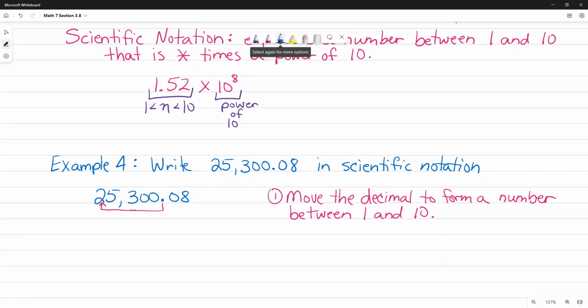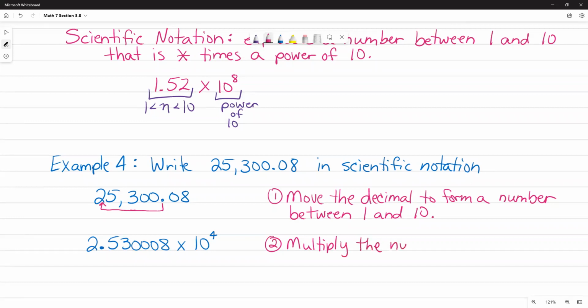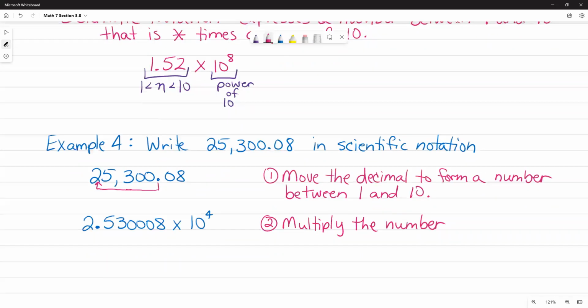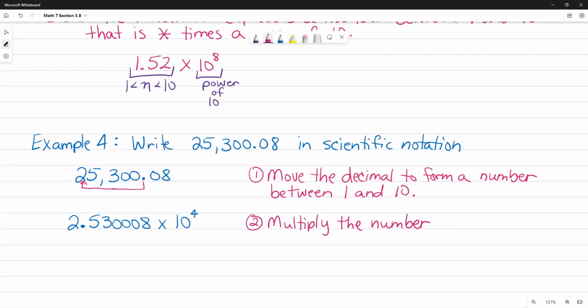So I would write this number as 2.530008. But that's okay. Now, I have to multiply that times what power? Right, the same number of places that you moved it. So it would be 10 to the power of 4. So, move the decimal and then multiply. Well, let's see if I can spell it right. Multiply the number